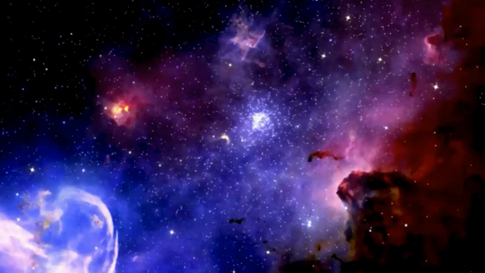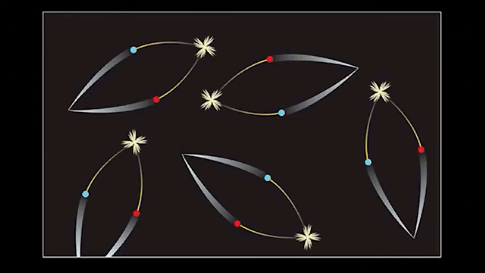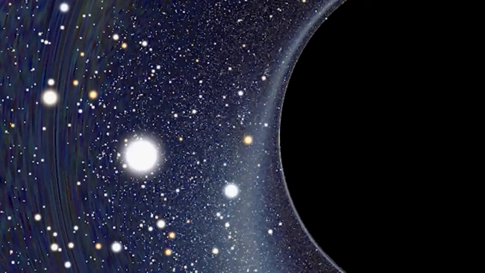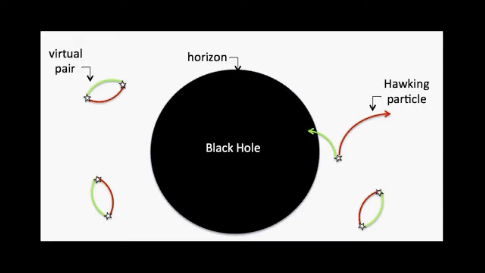Basically, in the vacuum of the universe, due to quantum effects, there are virtual particles constantly appearing and at the same instant annihilating each other, and therefore no energy or matter is created or destroyed. These particles have opposite energies and don't affect the outside world during their small life, hence the name, virtual. But right at the edge of the black hole, these pairs can appear, and one particle is pulled into the black hole, while the other one is ejected into space. This breaking of the particle-antiparticle bond results in the black hole losing energy, and thus mass.